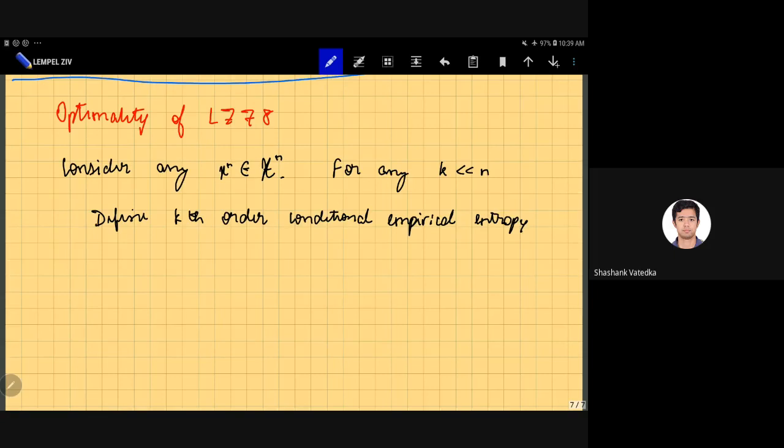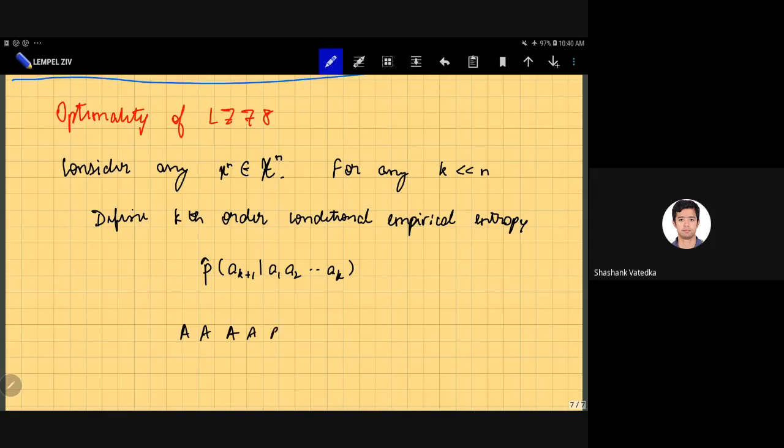You first estimate, so let's call it p hat of a_{k+1} given a_1, a_2 up to a_k. This is my kth order conditional distribution. It is basically the fraction of times you observe the symbol a_{k+1} after the subsequence a_1, a_2 up to a_k. So for example, if I have